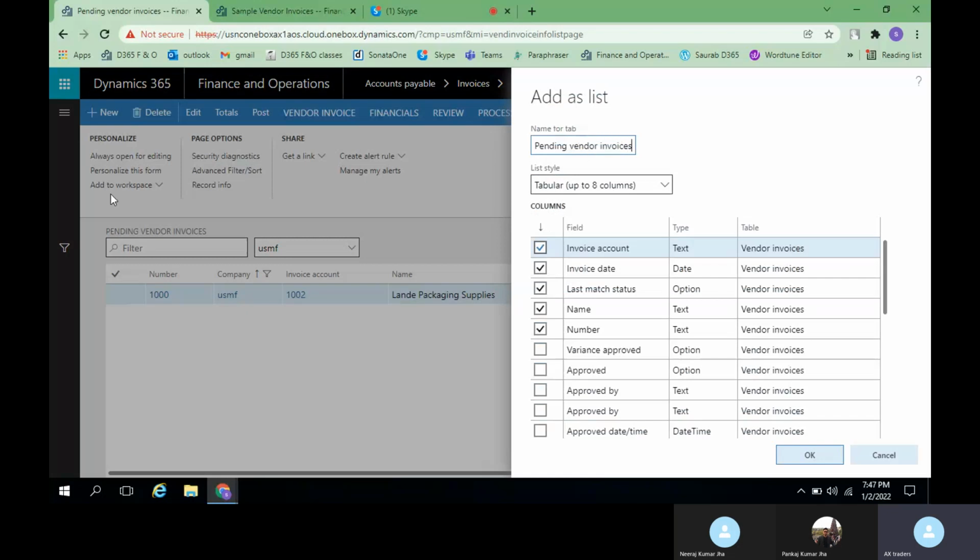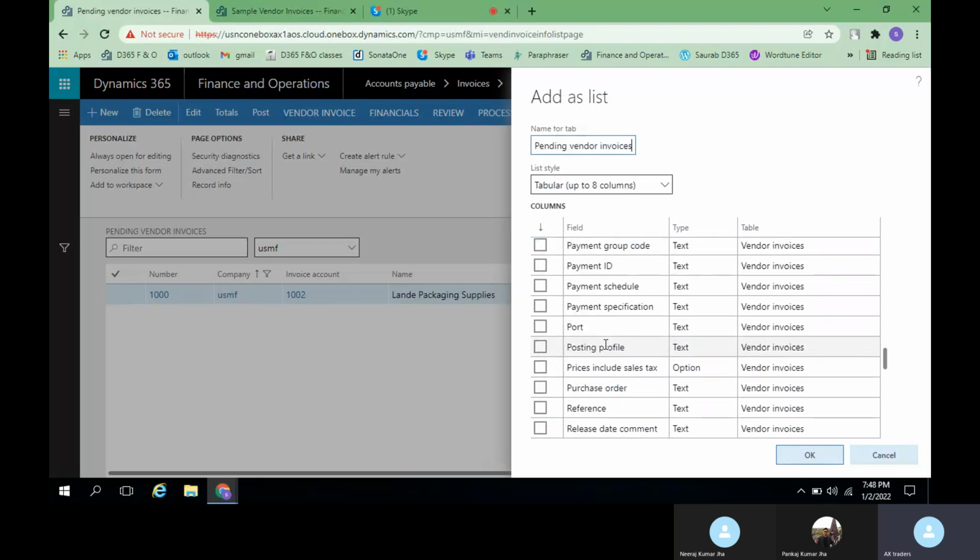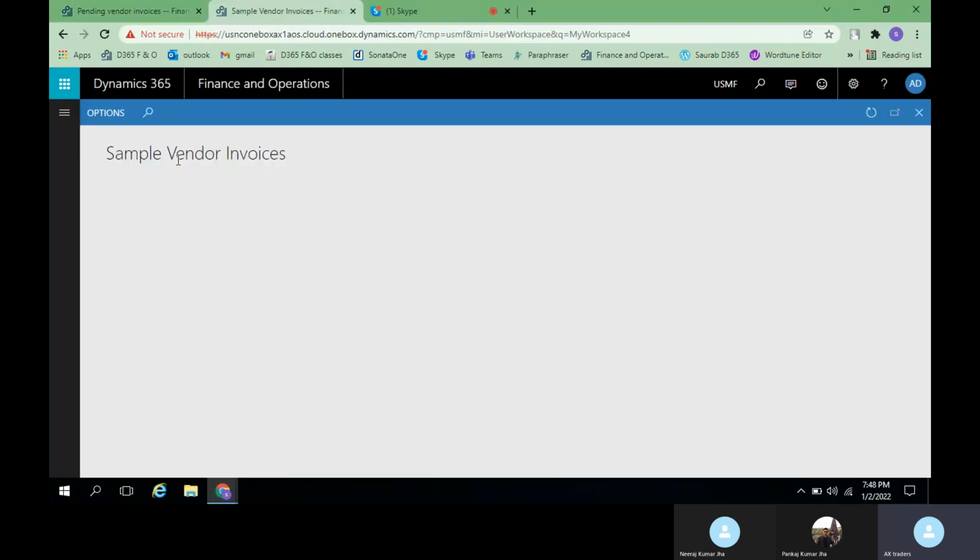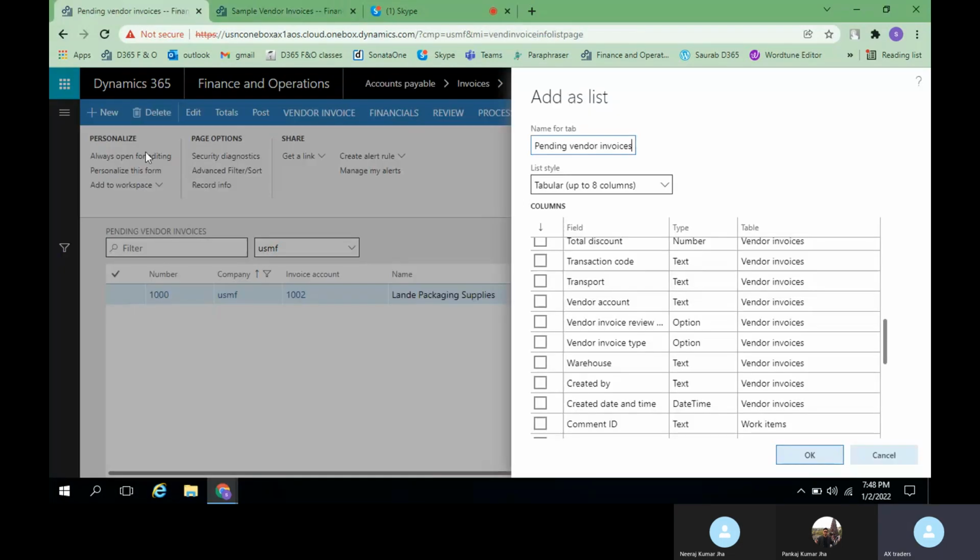If you select the list, you can see these are the default columns existing in Dynamics 365. If you see number, company, invoice, account, all these columns you can see. Since this is just an overview, the moment you open the workspace, you should be able to see the basic or important details for that particular module.